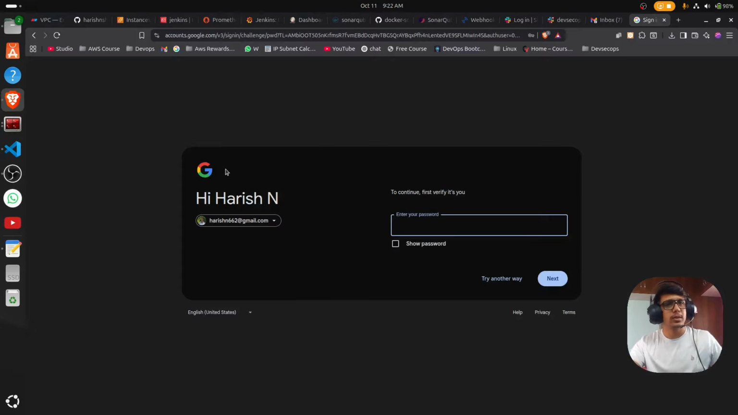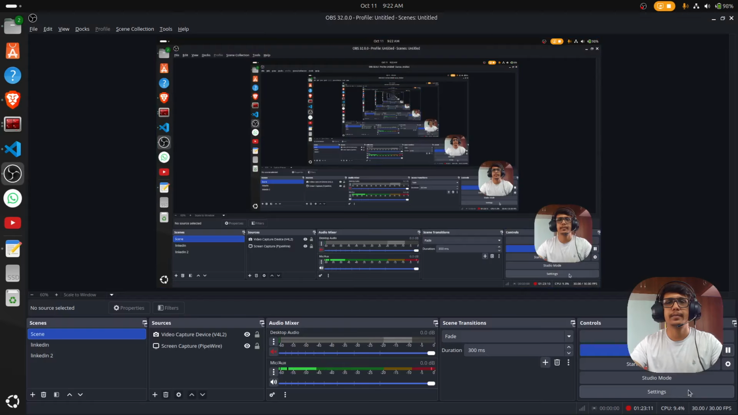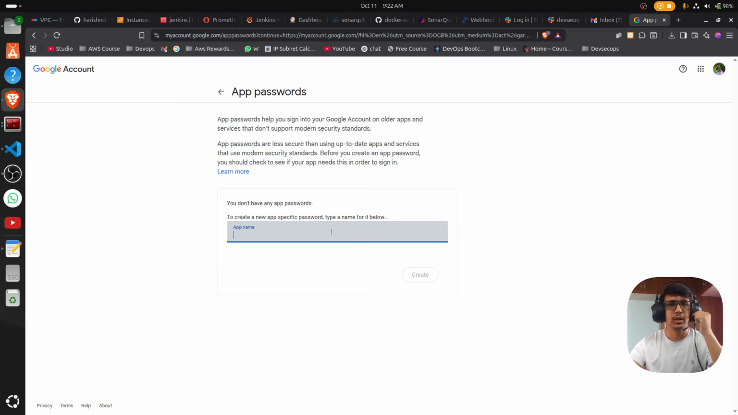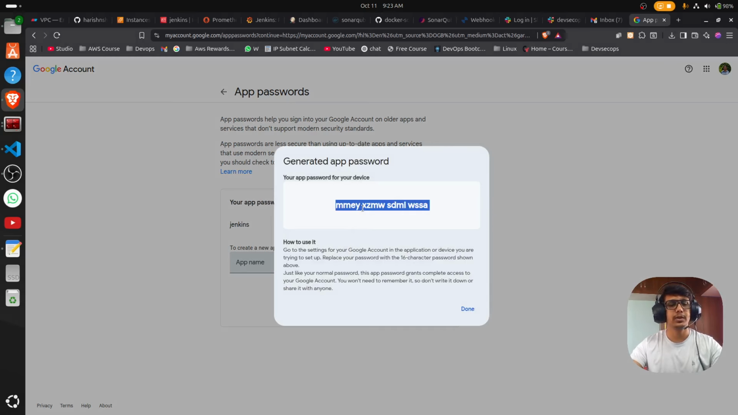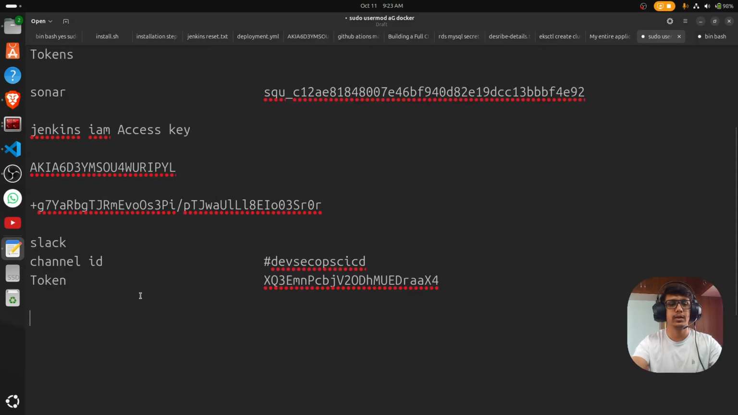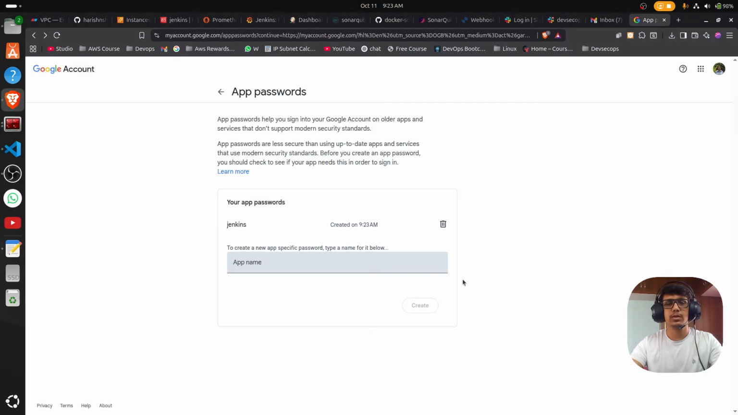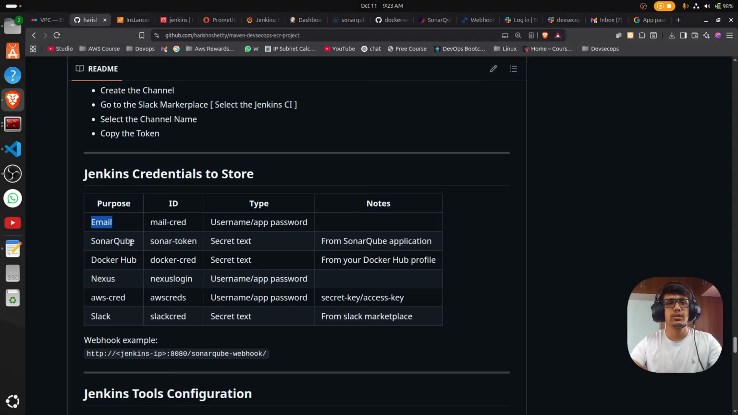For security reasons I'm going to pause the recording. Yeah, like this you will get a dashboard. So type Jenkins, click on create. This is the generated password, just copy and paste it in the notepad. Gmail, and remove the spaces. Okay, once we have taken it, click on done. And the Sonar token we have taken, Docker we did not require,